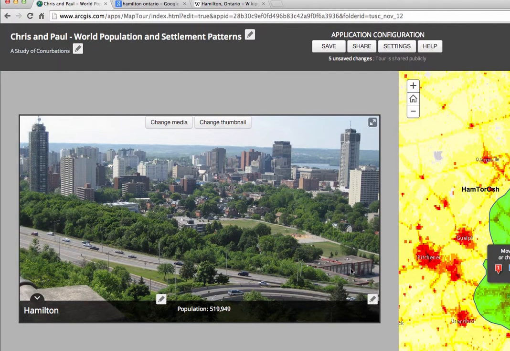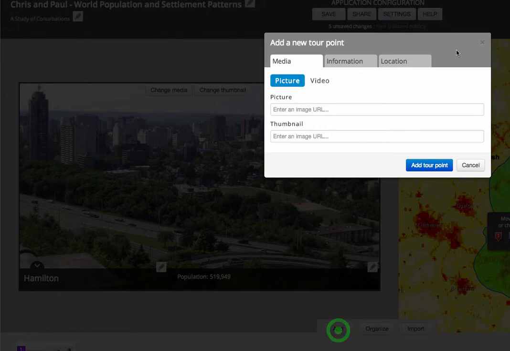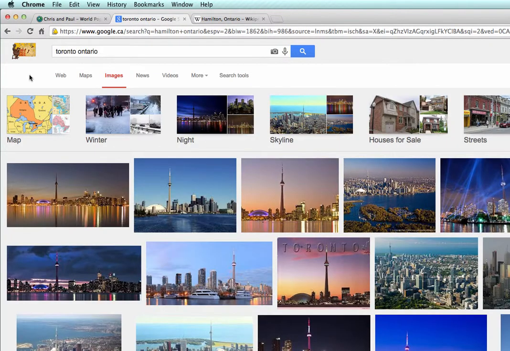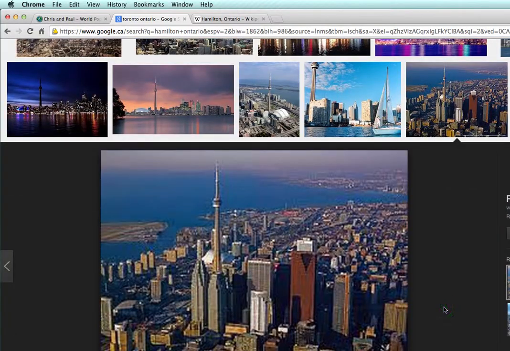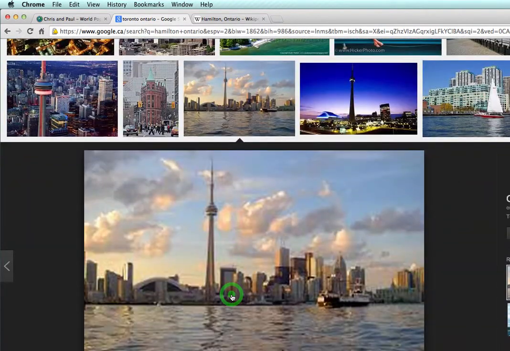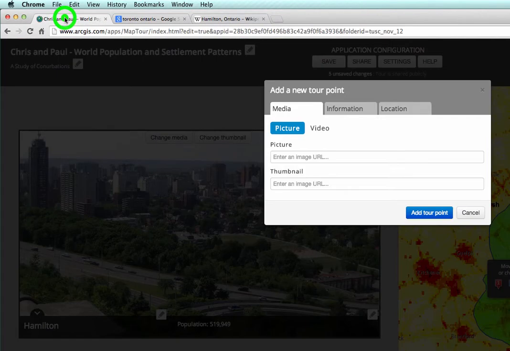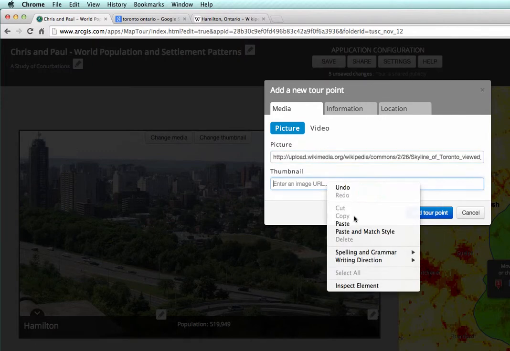Now we can do our second city, which will be Toronto. So let's click the add button just to get that ready there. Come over to Google. We'll come up and take out the Hamilton part, put in Toronto, and look for, again, a nice big one. That one could be good. And again, if it looks fuzzy, just wait for it to load in, or it might really be fuzzy. All right, never mind. If it looks fuzzy, skip that one. Here we go. That one should be good. There. So it's loaded in. We get a nice view. We can right click, copy image URL, come back over, paste, paste,